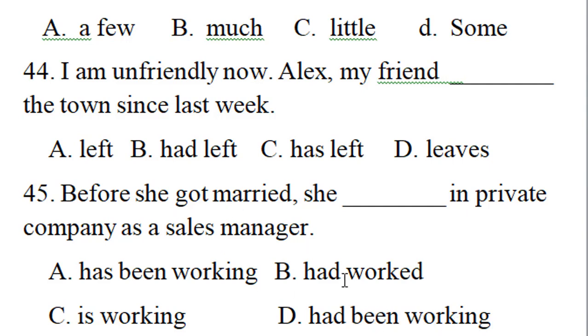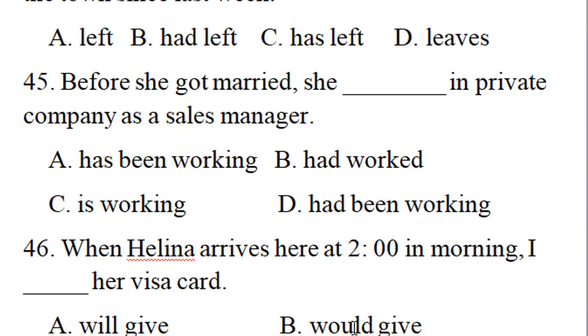Before she got married, she had been working in a private company as a sales manager. Absolutely right. ከማግባቷ በፊት ሴልስ ማናጀር ሆና የግል ካምፓኒ ውስጥ ስትሰራ ቆይታለች ለማለት ነው። እዚህ ጋር ፓስት ነው።